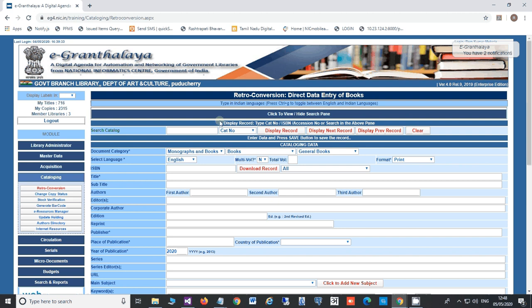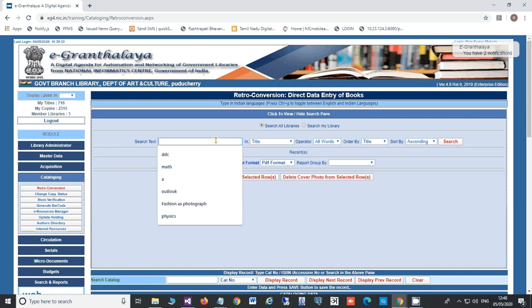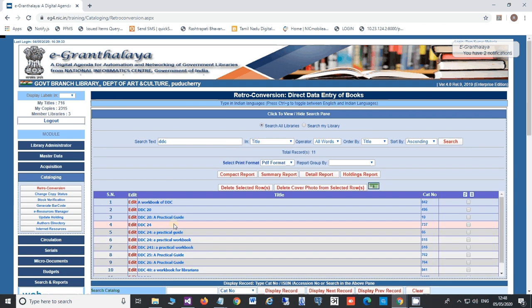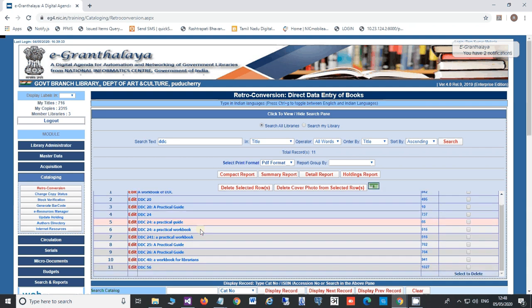First of all, you can click this search pane, type the keywords, select any of the fields with other Boolean combinations, and search the documents. Then you will find all records, like I have typed DDC. There are many books starting with the DDC keyword, and you can identify whether the book in question, for which you are going to add the record, already has a record available or not.